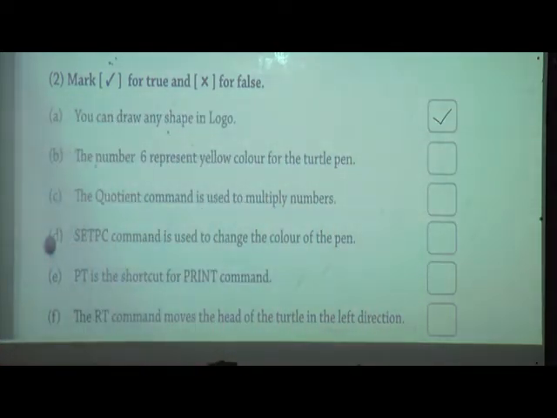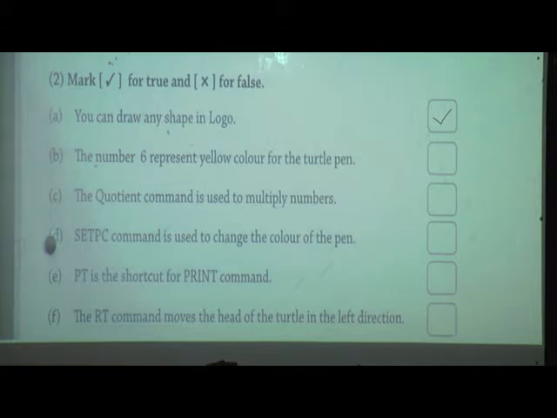When you are writing in the skill sheet, you must use a pencil. By using pencil, write. Now second number, the number 6 represents yellow color for the turtle pen. True or false? Learn this chart, which color has which number.